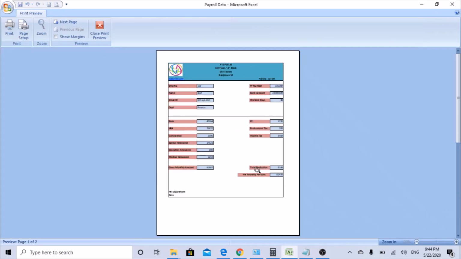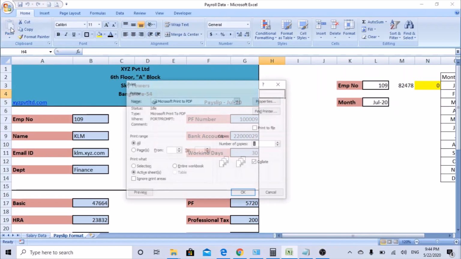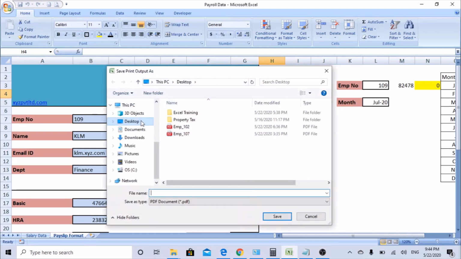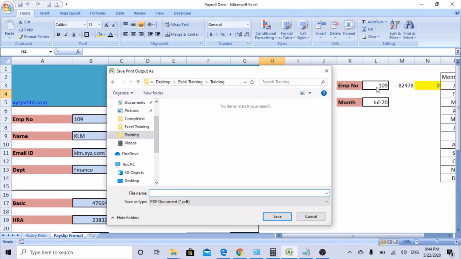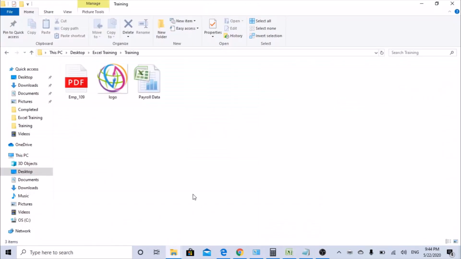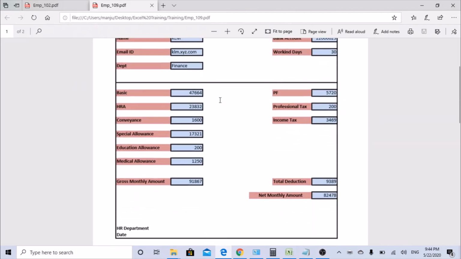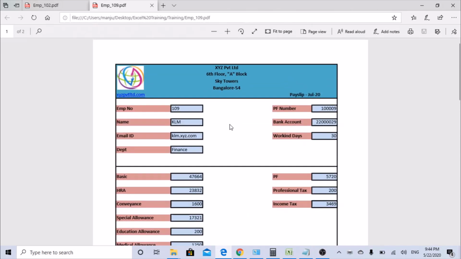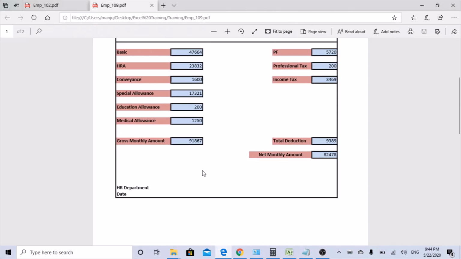So we know that everything looks good. Print. So you can set this to PDF, right? Click OK. Go into the folder where I saved trainings. I can put the employee number, say employee hyphen 109. So let's go and check whether that file is there, see here. Look guys, so simple. HR department, if you want, you can do some more changes, or keep it as you want. But this looks good, right?